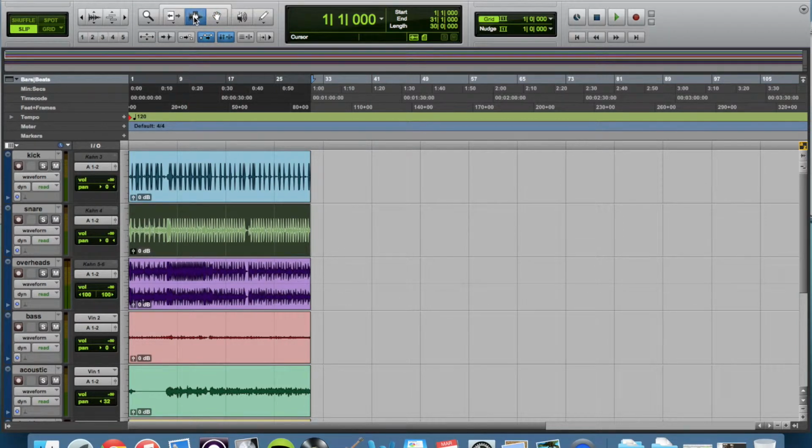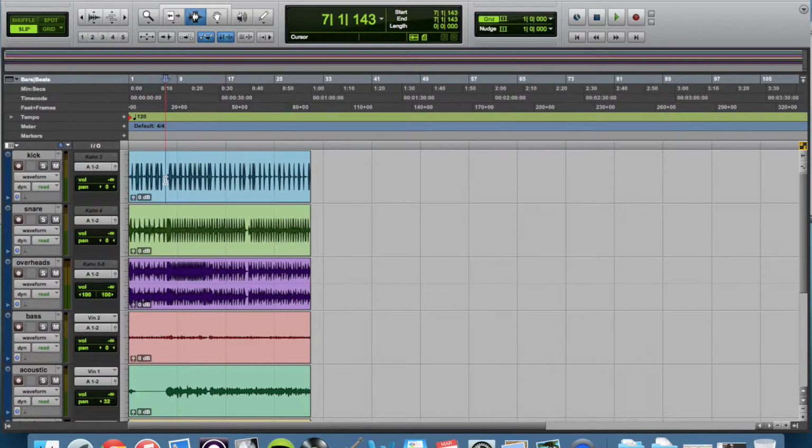This one is our selector tool. We can go into a region and select a point, or you can click and drag and select a section of a region there, and do what you'd like with that. So say I've clicked and dragged that area there. I can cut that out if I'd like,